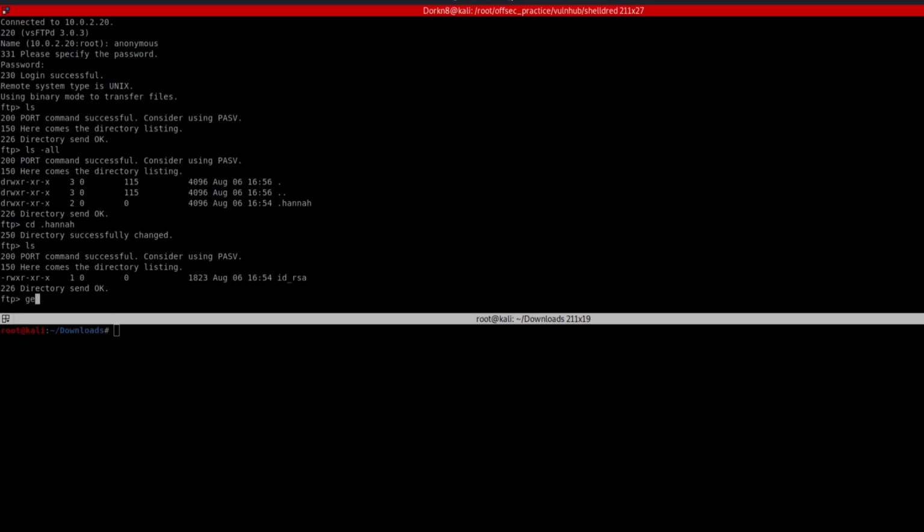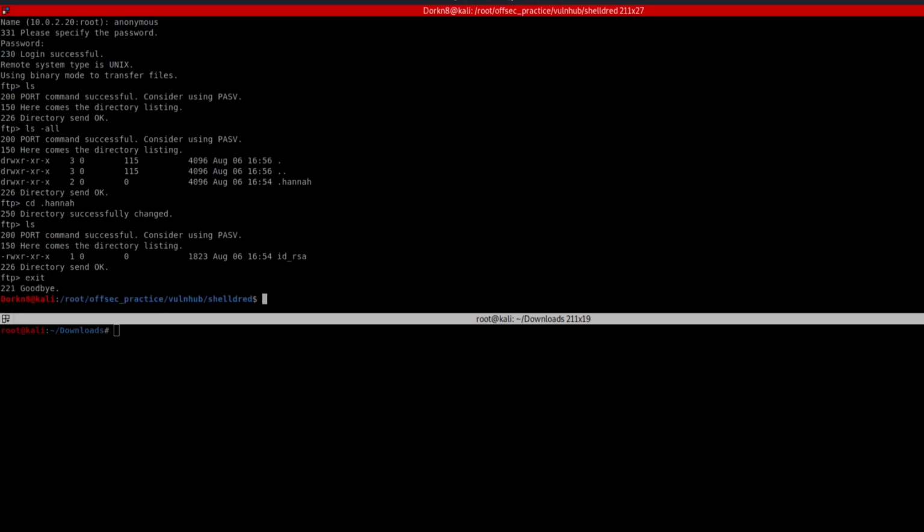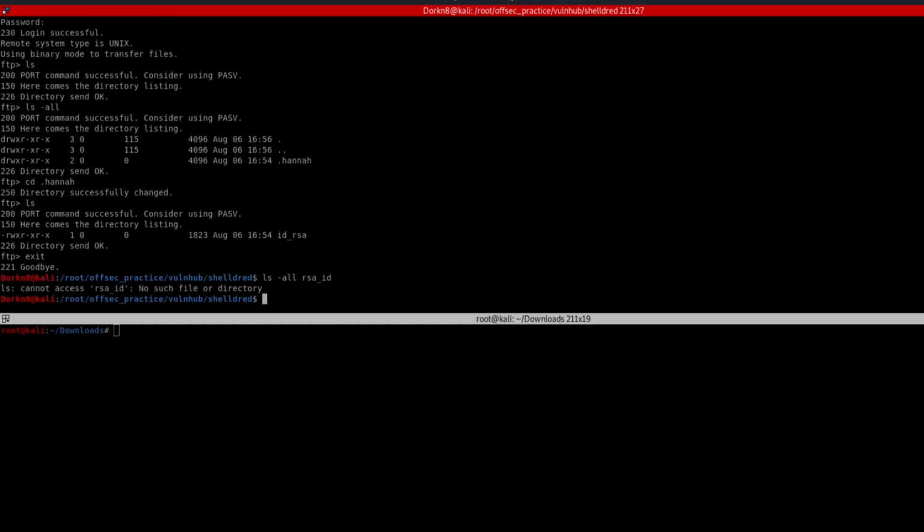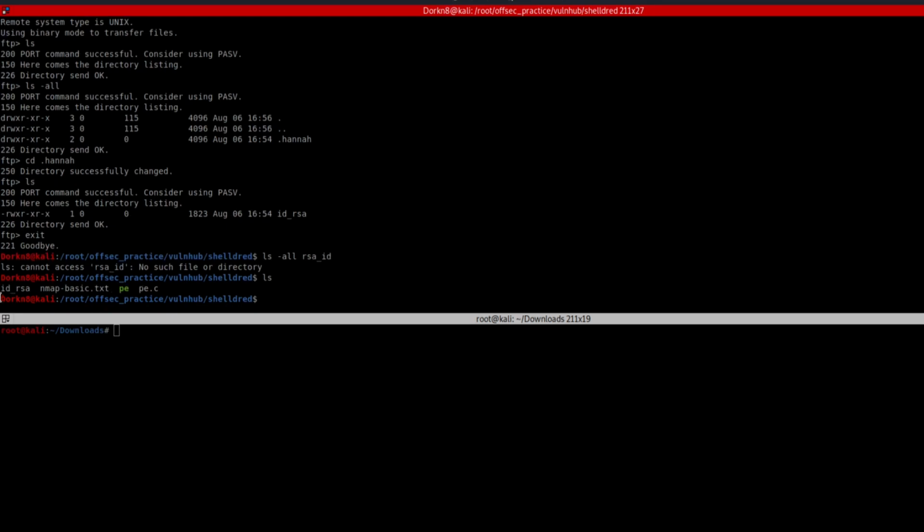So as of now, you can just download this using the get command that is supported by the FTP, and you can also specify the target directory. So over here I've already downloaded the file, so I'm just going to exit. So as you can see, I already have the id underscore rsa file over here.